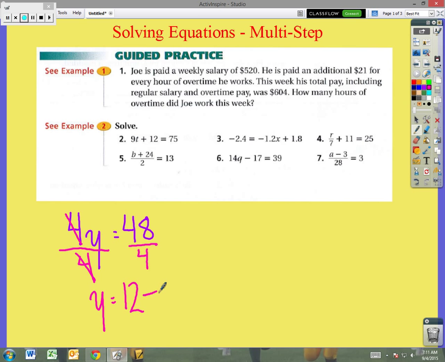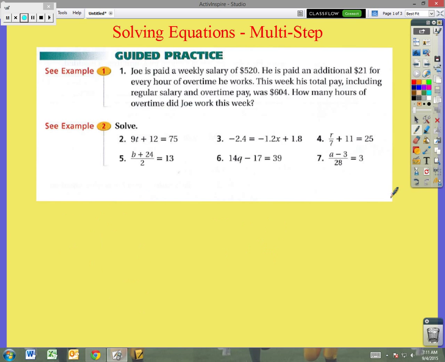The way to check this is to substitute your answer back into the equation where you have the variable, which in this case is y. We have 4 times 12, and we hope it equals 48, and indeed 48 equals 48, so that is a check. Another one you might see is t divided by 3. We're taking some value and breaking it into 3 equal parts, and it's going to equal, I don't know,